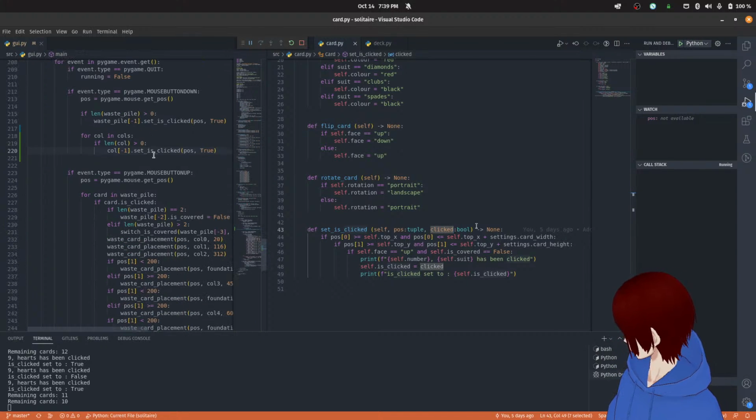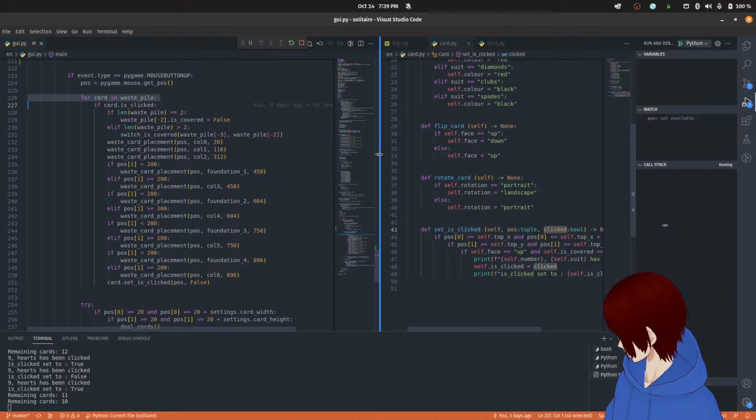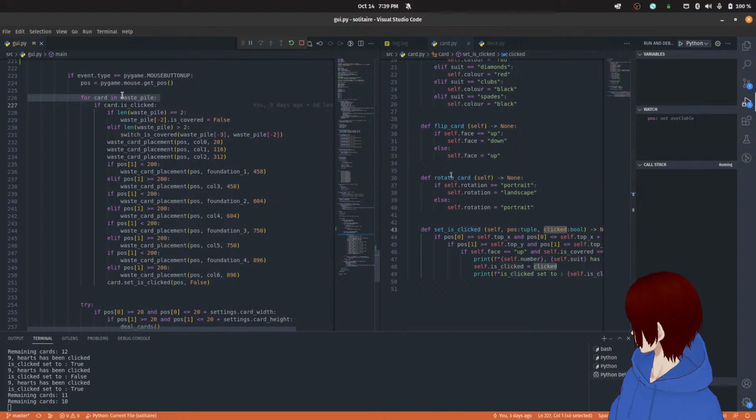Which means on button up, oh dear, what is going on there? On button up for card in waste pile, if card is clicked,